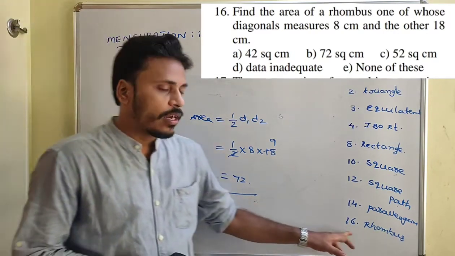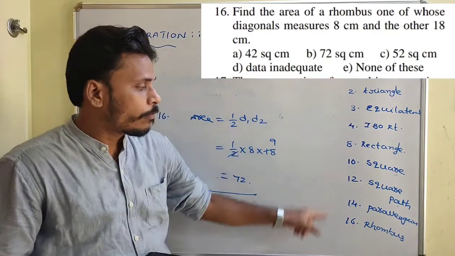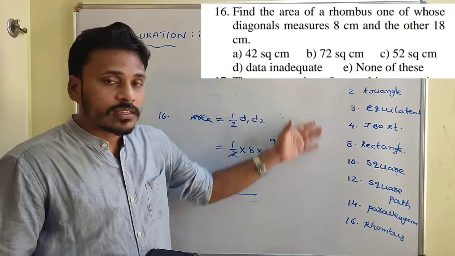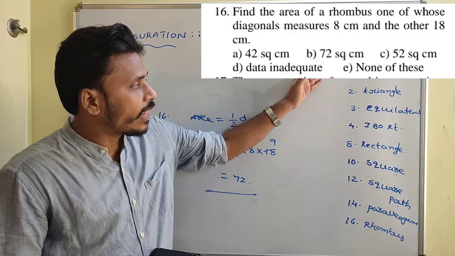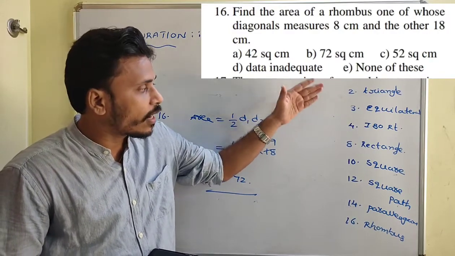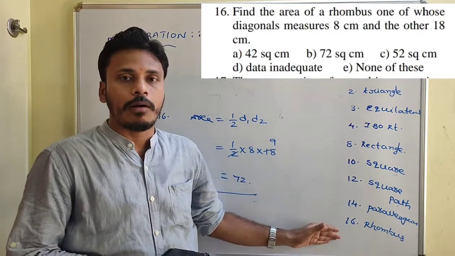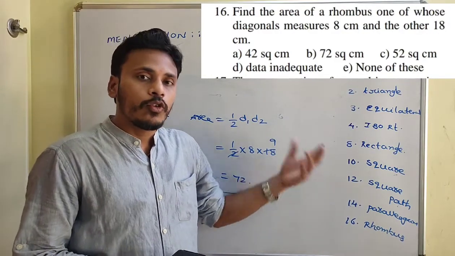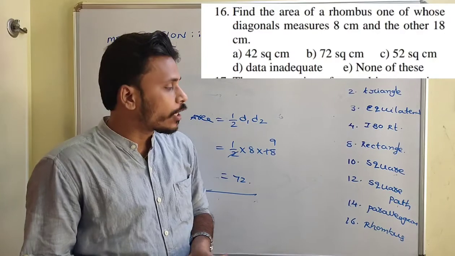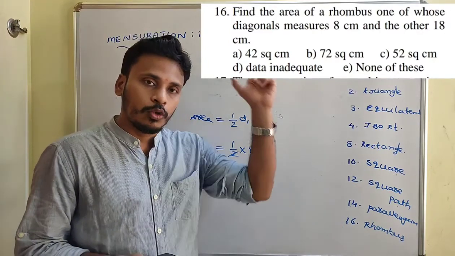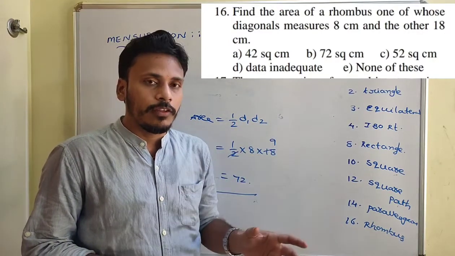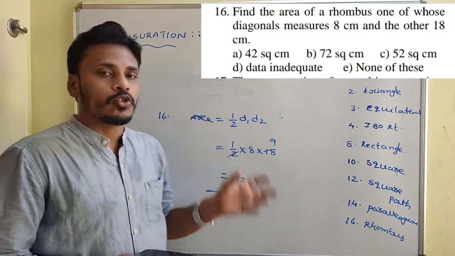So that problem is related to the rhombus. Just have a look. We discussed different problems related to the right angle triangle, triangle, equilateral, isosceles right angle, rectangle, square, square path, parallelogram and rhombus. So if you are trying to solve any problem related to these shapes, you just refer to those formulas, and still if you feel any difficulty, just refer to the corresponding solution also.